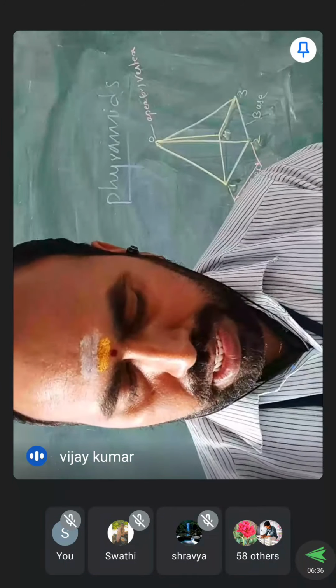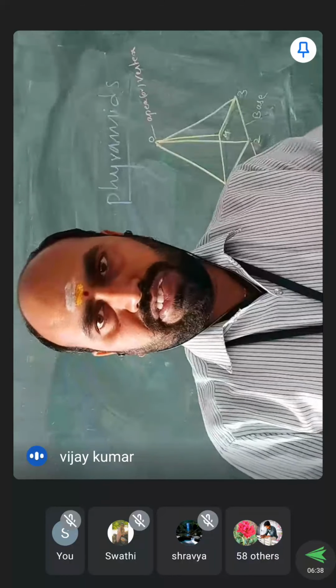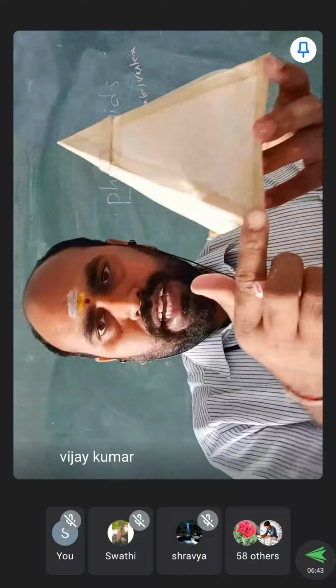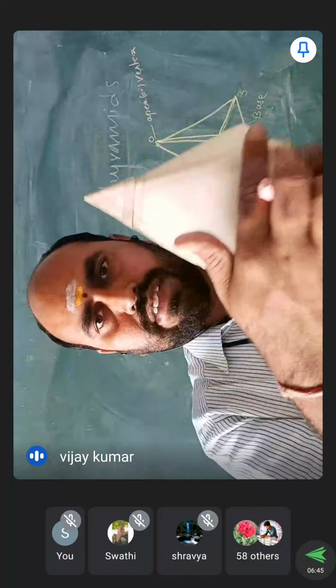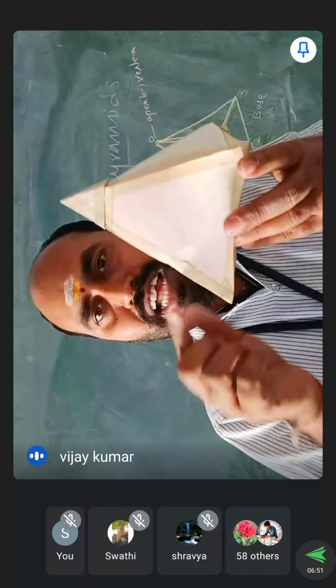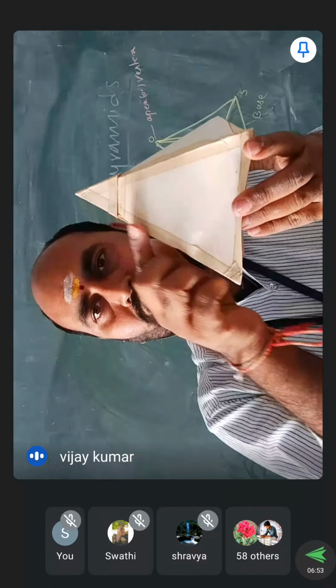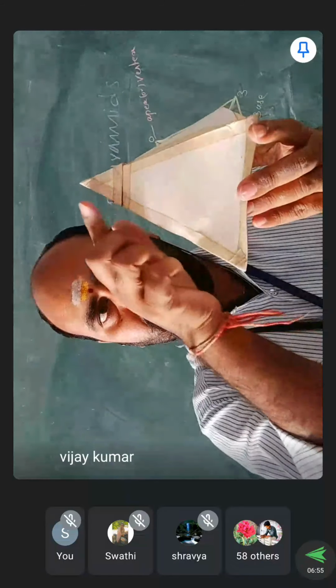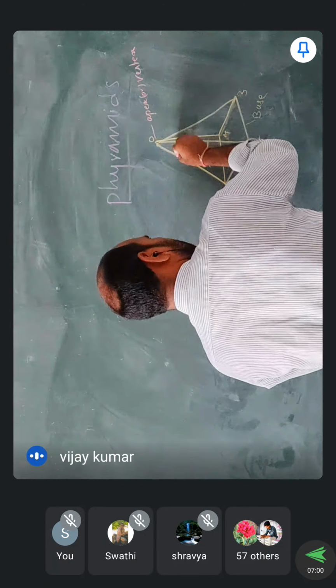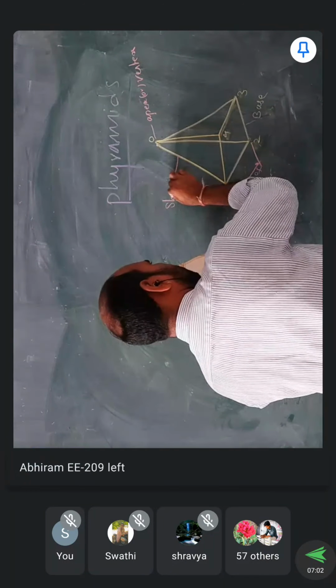In the same manner, if you observe the square pyramid, this is a base edge and these are not called longer edges. In the case of a solid, it is called a longer edge, but now it is not called a longer edge, it is called a slant edge. What is that? Slant edge. Everyone has to remember this. This is called a slant edge.